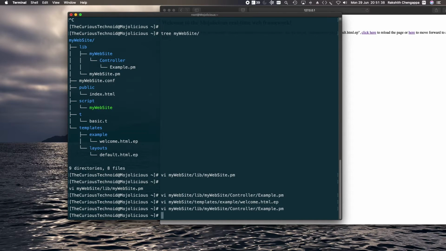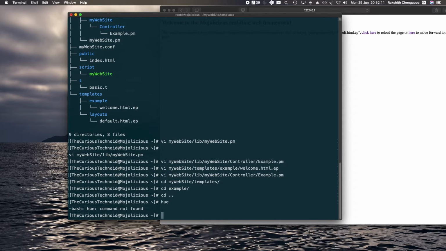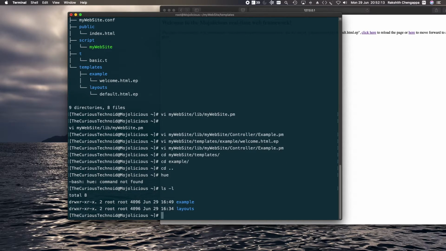I don't like using the default files. So first let's go ahead and change the template. Let's go to the templates folder. Create a folder called my templates.